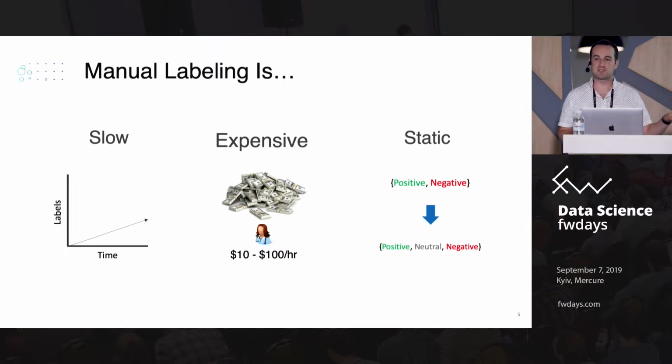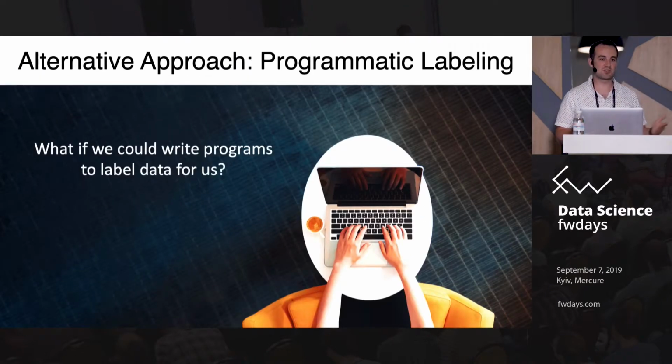Or even if your schema stays the same, it's possible that your data distribution changes over time as new topics are being discussed, as new features begin to occur. So the fact that it's static is basically just saying you'll need to relabel often, which again is slow and expensive. So the alternative approach that I propose, and which you may have gathered from the title of my talk,